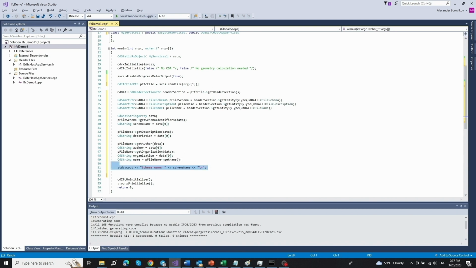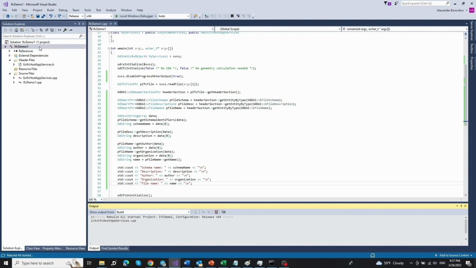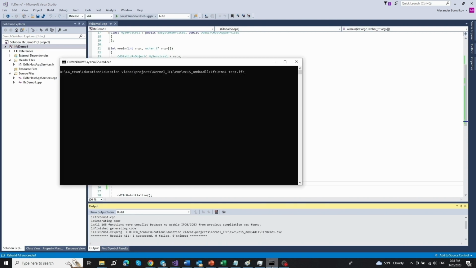Now, after all the attributes are obtained, let us output them to console. Next, let's build the application. And after the application is successfully built, let's run it. As you see, all the output attributes are exactly the same as we